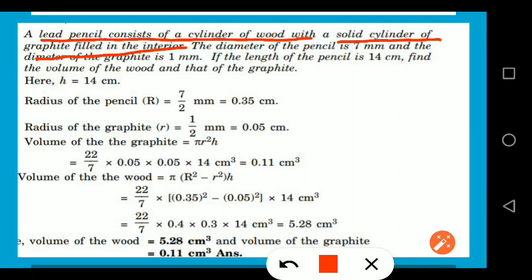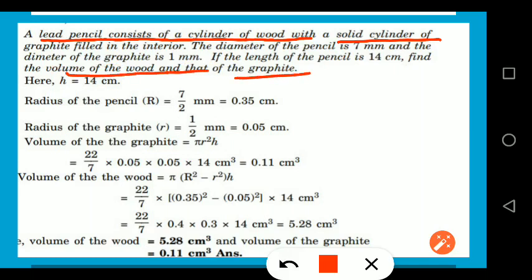If the pencil is new, you can see that the outside material is made of wood and the inside material is filled with graphite. The same thing is explained in the question. The diameter of the pencil is 7 mm and the diameter of graphite is 1 mm. Length of the pencil is 14 centimeter. Then we have to find the volume of wood